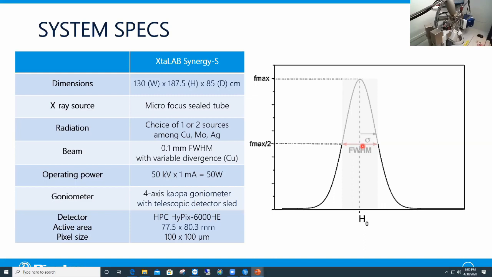Unless, of course, you have a weak crystal, and then you want to use as much of your beam as you can, but otherwise, for most of your samples, mounting and analyzing crystals that are about 100 microns big should be okay. So then in the middle here, you have the goniometer, and our goniometer is made of 4 axes with the kappa geometry. The detector here is put on a sled, and the sled itself is telescopic, so that the detector can back up all the way to the back of the enclosure here